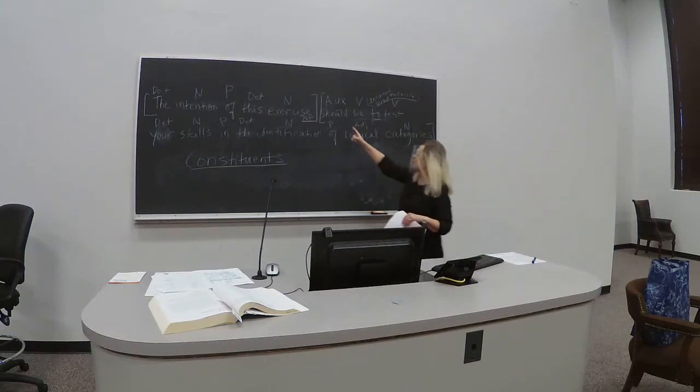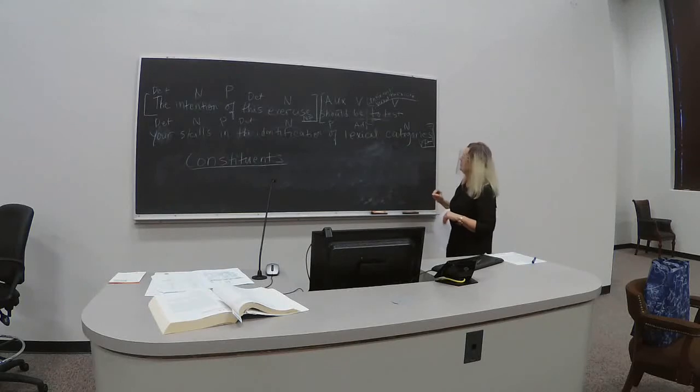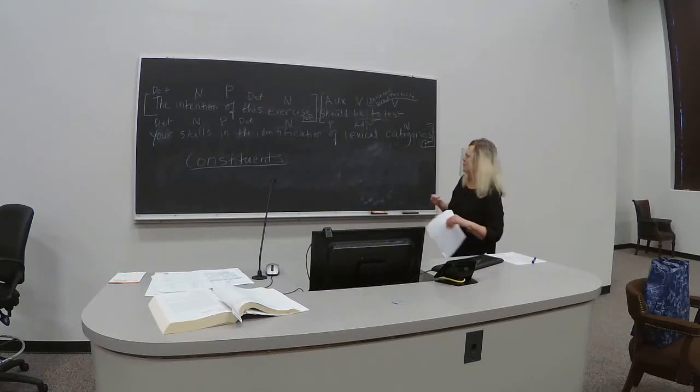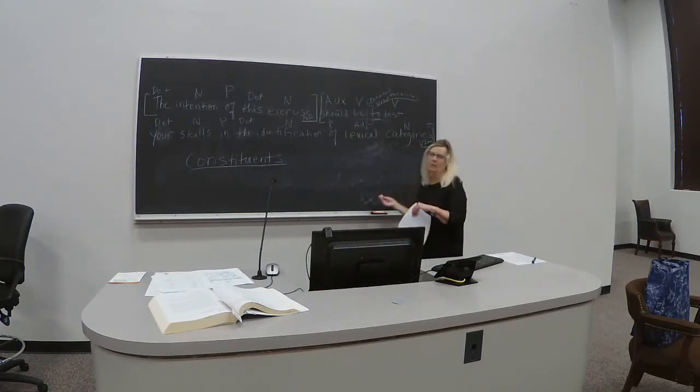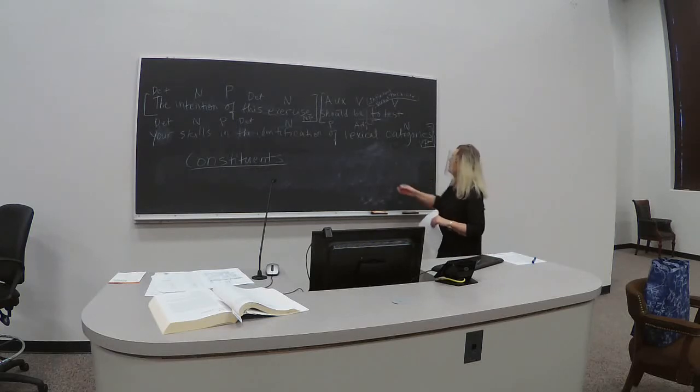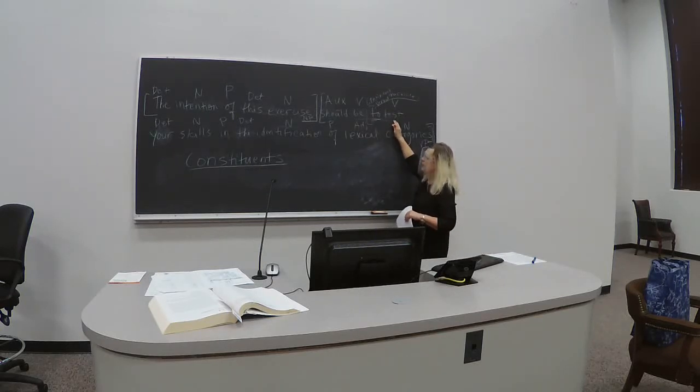Should be is obviously the main verb phrase, and then we have this nominal, this to test your skill. It's a nominal chunk, and we won't get into that. If you take the grammar course, you'll get more into what we call all these kinds of elements. Should be something. Should be to test your skills in the identification of lexical categories. But within this, after the particle and the verb, we have